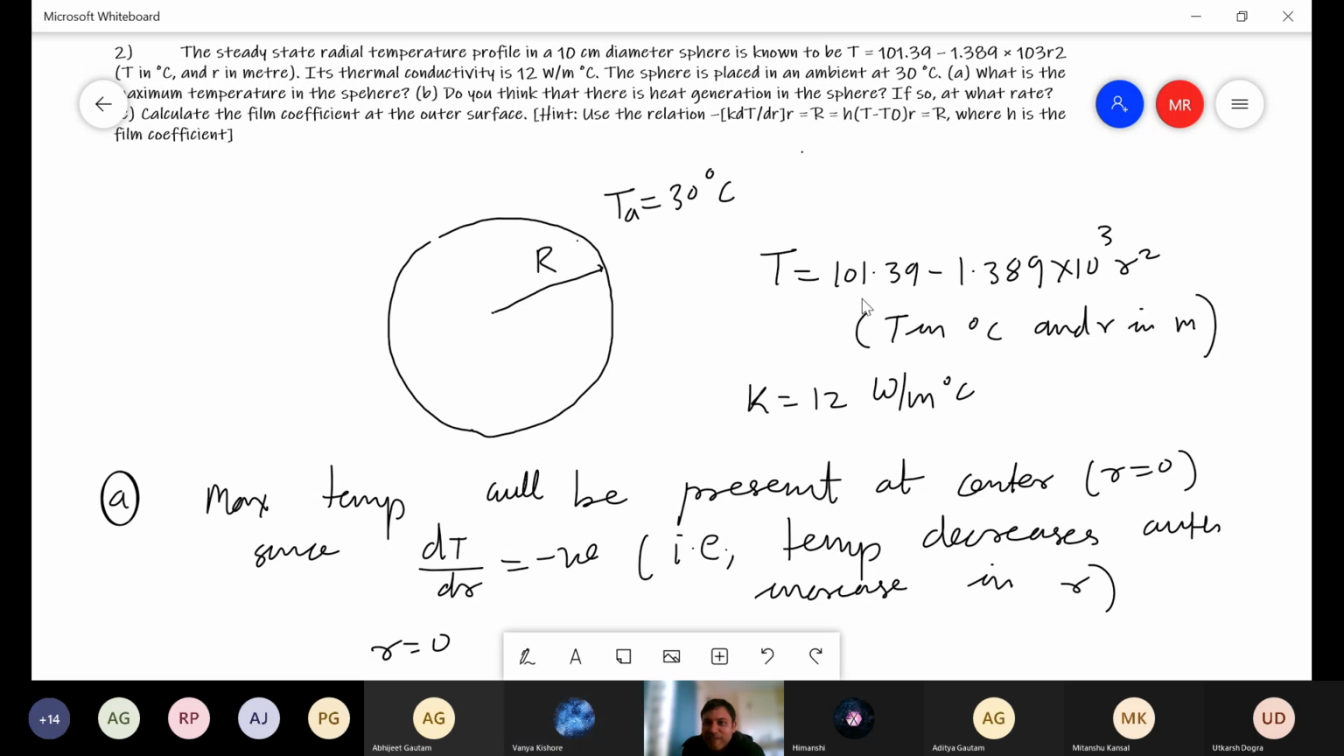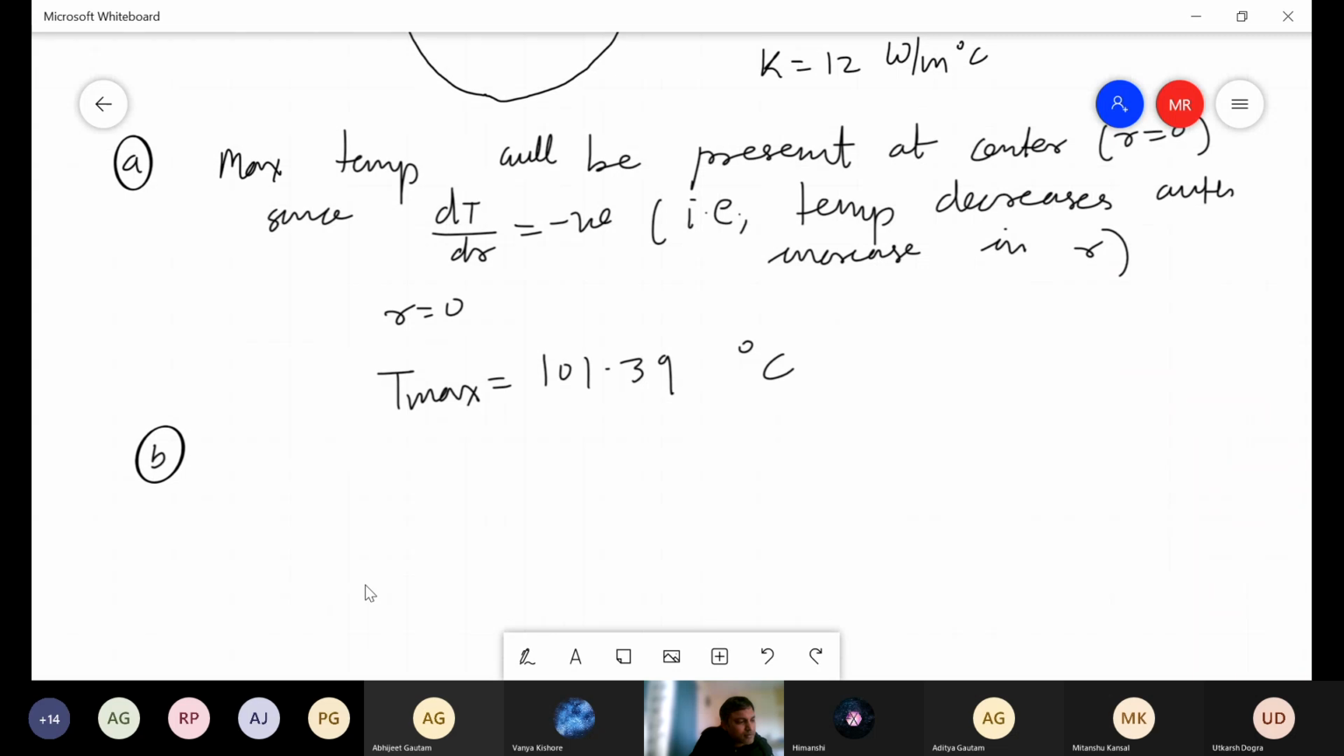Do you all agree? Yes, sir. So that means when the temperature here is maintained at 101.39, the only possibility is there should be a generation of heat, isn't it? So in part B, what we can say is,